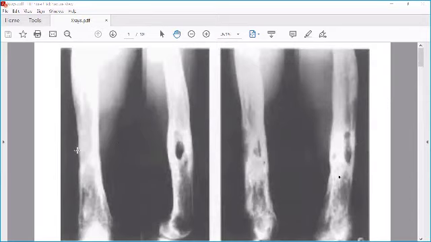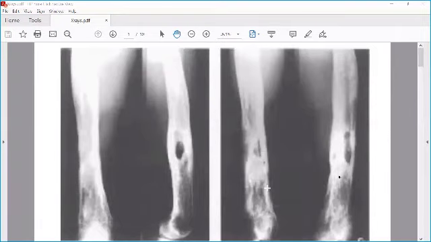Yes, sir. So this is an X-ray of chronic osteomyelitis. In this one, the patient can have a very long history of a discharging sinus from the thigh or wherever it is. In the exam, they will show you an X-ray and ask what this X-ray looks like. You have to identify 2 things. First is the sequestrum, which is the dead bone. Another is the involucrum, which is the new bone formation around the sequestrum.